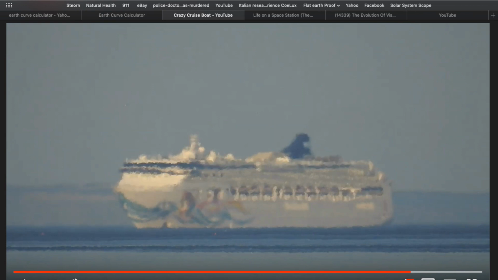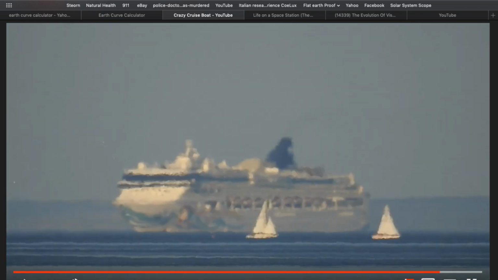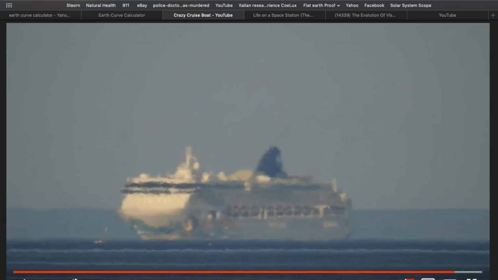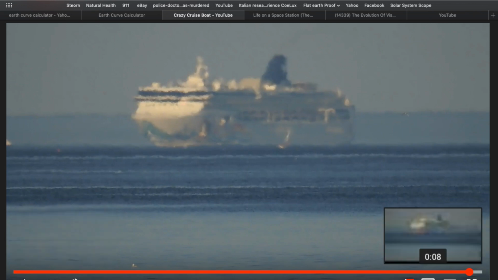See that banding? Well, it looks like it is now on top of the horizon. It's closer than it was before. It can't be on top of the horizon. And closer. You see the banding I was referring to? That's the banding that hides the hull, that makes the globe earthers think it's gone beyond the curvature of the Earth. That banding that you're seeing right there,